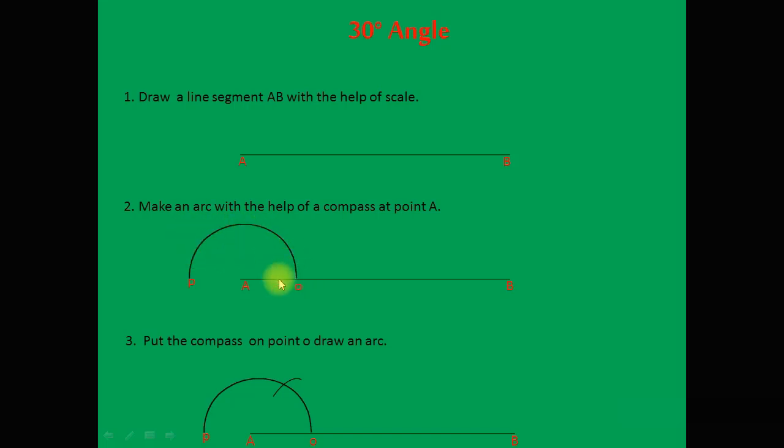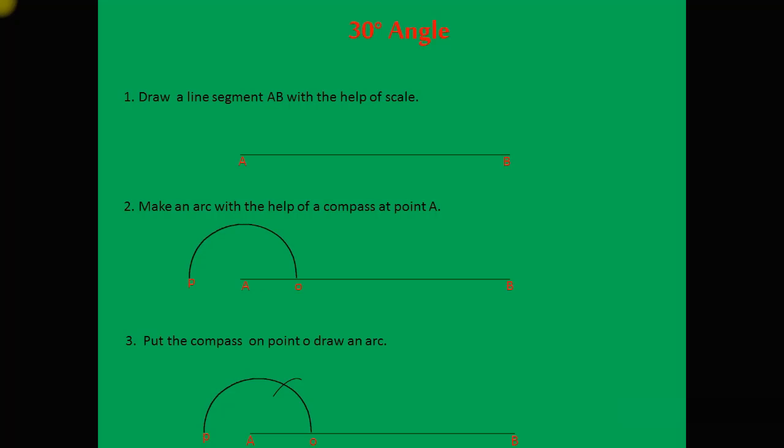And similarly for 45 degrees, first of all construct an angle of 90 degrees. For the 90-degree angle, put the compass at this point A, draw this large arc, and put the compass at this point O, but do not change the radius of the compass. So put the compass here and draw an arc, you will get 60 degrees. Then draw another arc, you will get another 60 degrees. Then here bisect this 60-degree angle, so you will draw an angle of 90 degrees. So for 45 degrees, bisect an angle of 90.